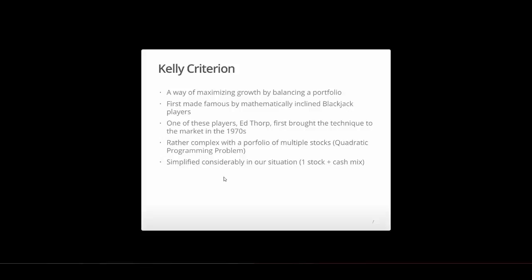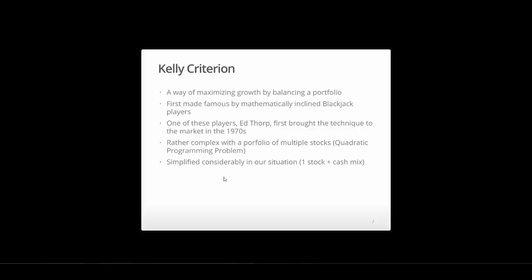We're not the first ones to do this. This was incorporated first by blackjack players, actually, to maximize their bets based on their card counting edge that they would get in a casino. One of these players, Ed Thorp, brought the technique into the actual stock market in the 1970s, and he made a lot of money. So we're basically piggybacking off of his pioneering work